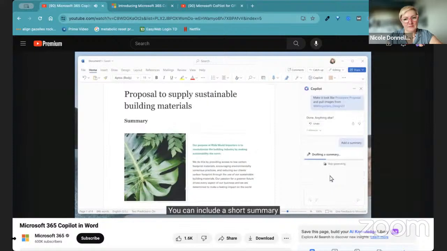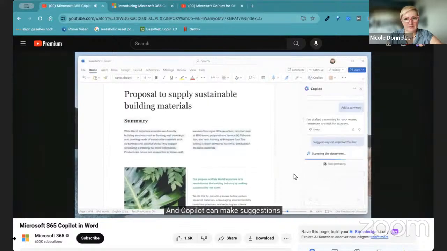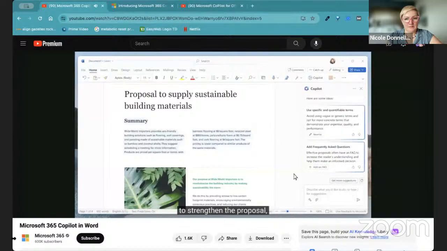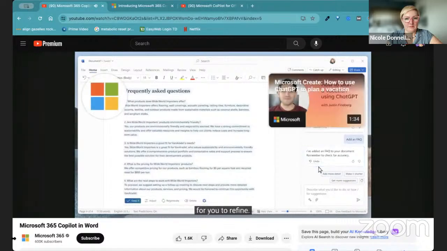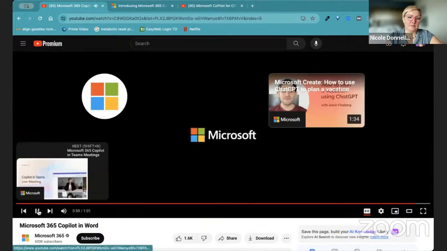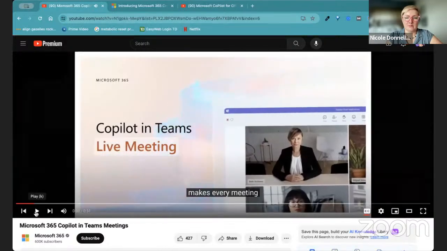You can include a short summary at the top of the document. And CoPilot can make suggestions to strengthen the proposal, like adding an FAQ, which it will generate for you to refine. CoPilot in Teams makes